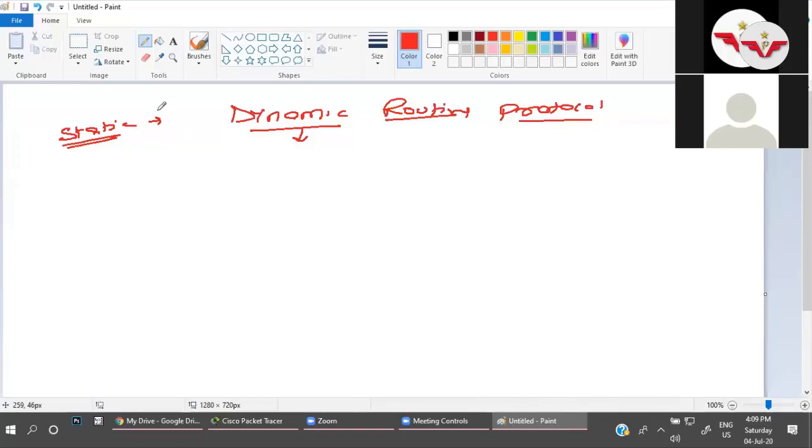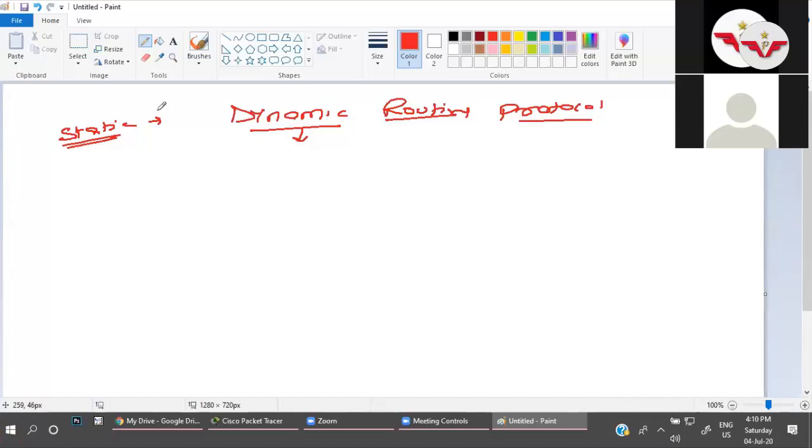In static, whenever we were configuring static routing, we were creating the routing table manually. We were giving the instruction to the router: if you want to go to that destination network or any other destination network, which path you need to follow. But in dynamic routing, as per the word, it's dynamic, so we do not have to tell the router which path to select for reaching the destination. It will automatically share its information with its neighbor routers.